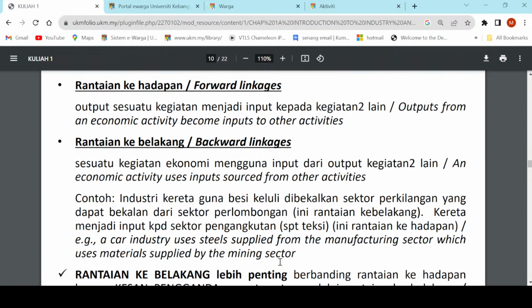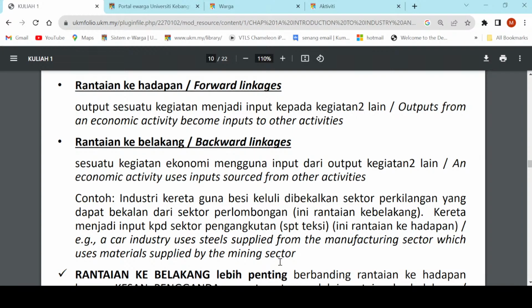Number 3, based on our focus, what is industry? 4 activities. This is the third way. This is the 4, the red. Why? 3 reasons: technology, capital used, and multiplier effect